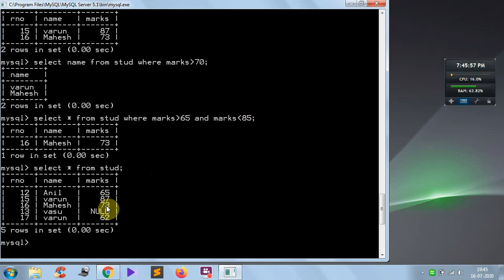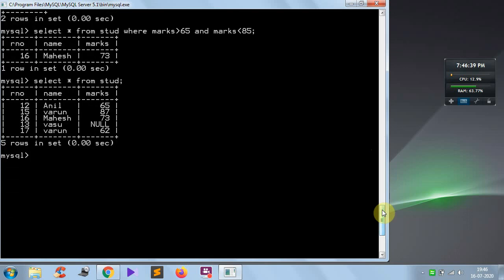Now go to the third row. 73 is greater than 65 and less than 85, means both the conditions have been satisfied. Next, here these marks are null, means these marks are not known, so it will not be considered at all. Now go to Varun. Varun's marks is 62. Is 62 greater than 65? No. First condition is false, so it does not check the second condition, because the row should satisfy both the conditions. So this is how you can specify multiple conditions.